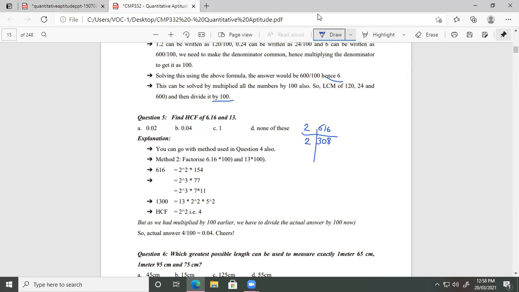Then it is again divided by 2 to get 154. Then again it is divided by 2, and this will be 77. Now it will be divided by